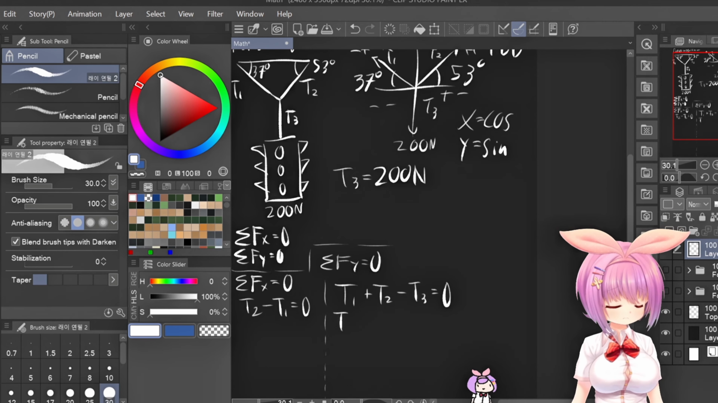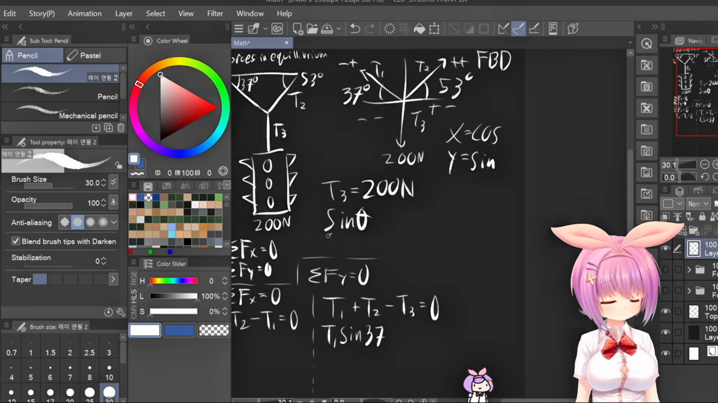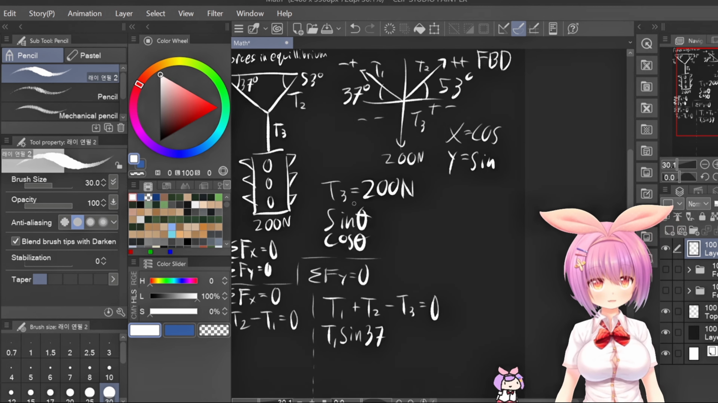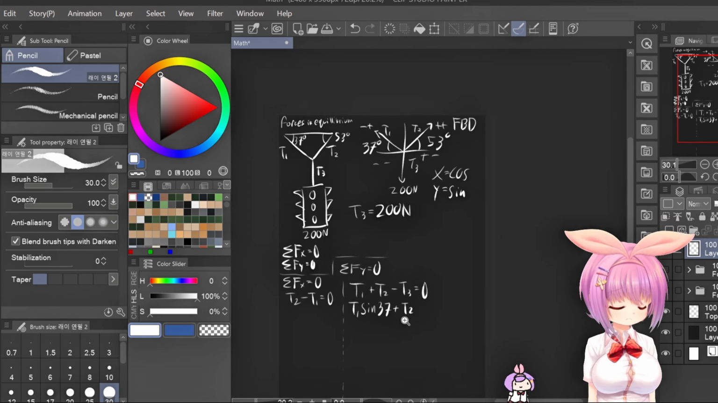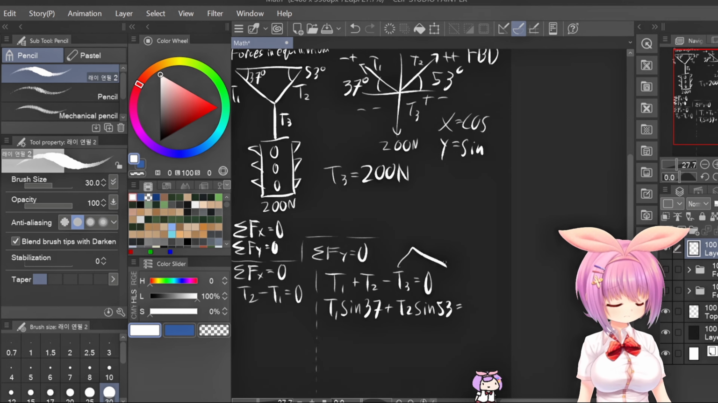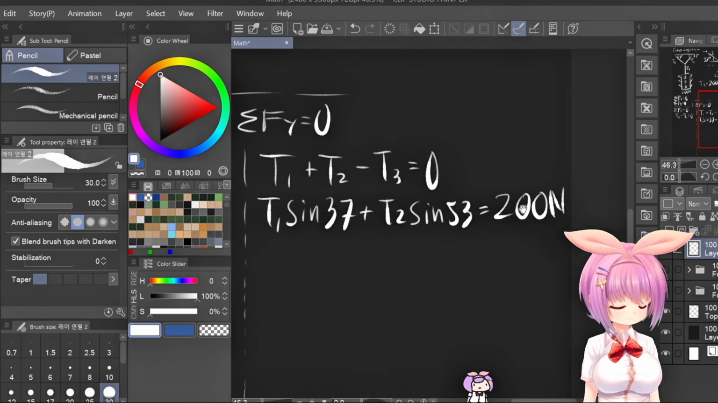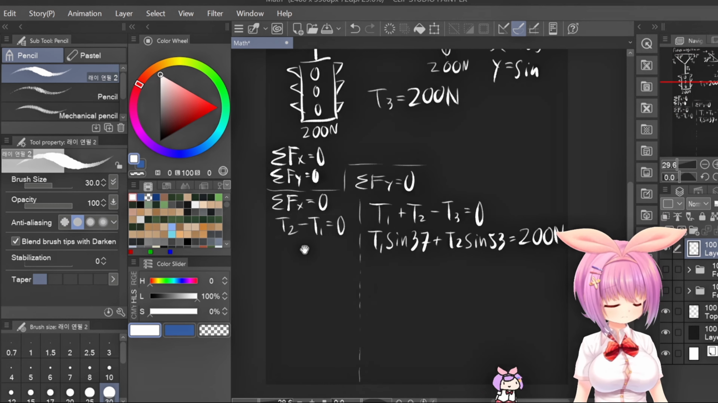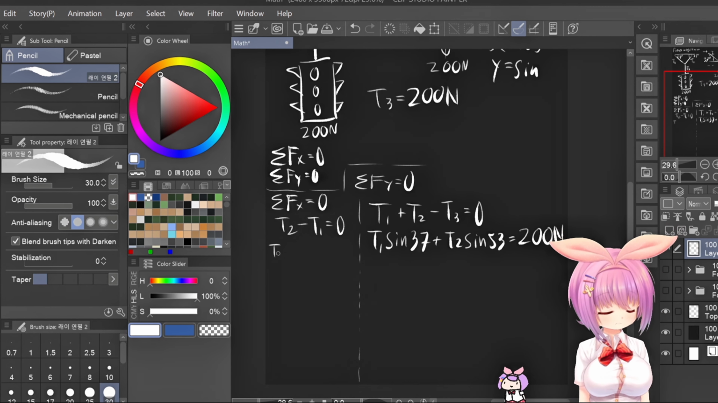So T1 basically like this, same to cosine. Theta is basically the angle. And then we're going to put T3 on the other side. Then after that, same to T2. Now,